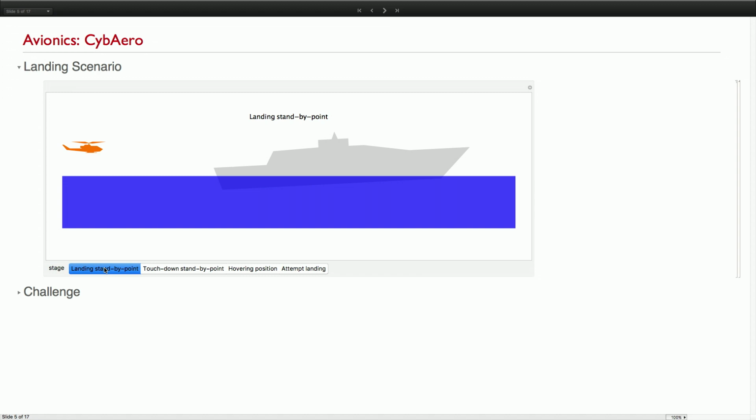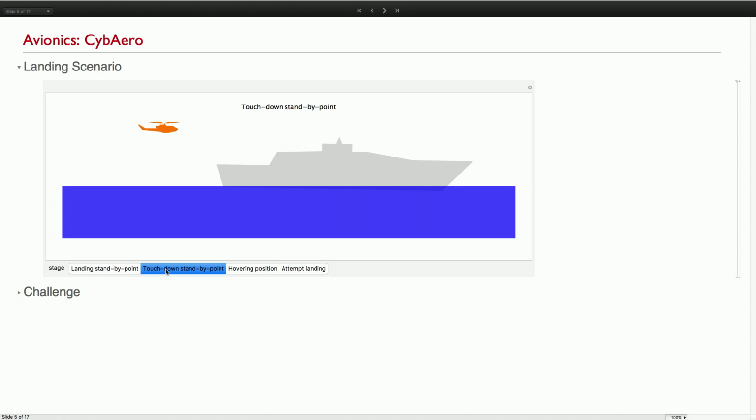So it's standing there saying, okay, I'm ready to land. And then an officer or the captain, someone has to tell it, okay, get ready to land. So then it goes to something called the touchdown standby point, where it has to wait for a bit for everybody on deck to get ready for whatever they have to do, and then to tell it, okay, now start doing your things